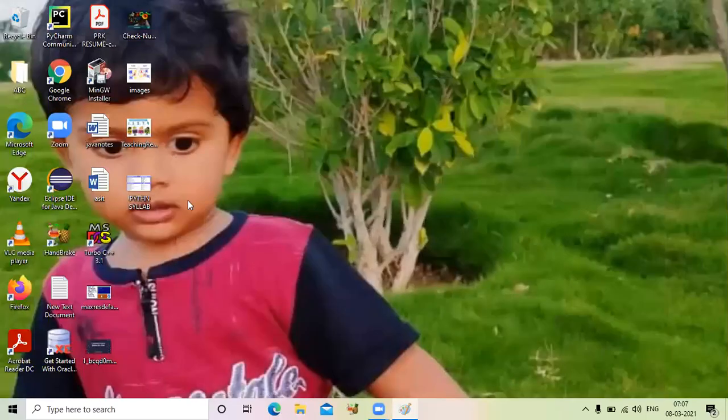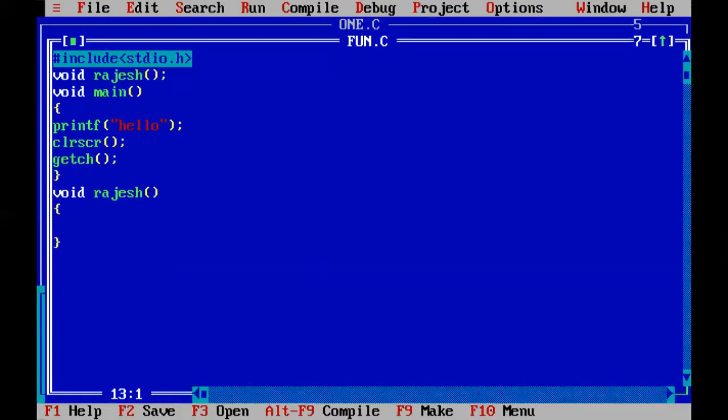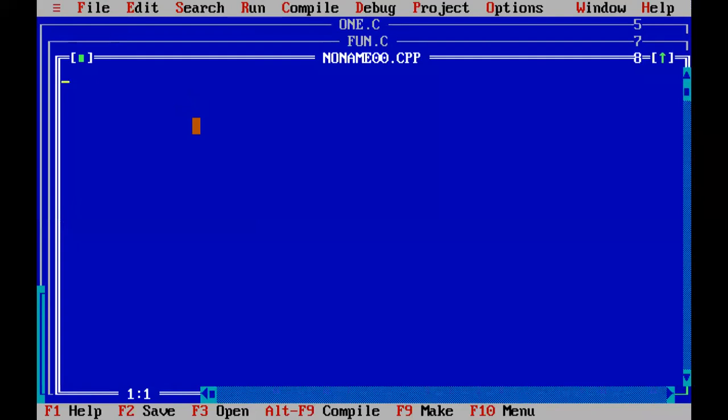We will see the same in Turbo C. Write your logic: hash include stdio dot h, then void main. Next we need to go for the variable declaration. I am taking int number, i. This is enough. And printf